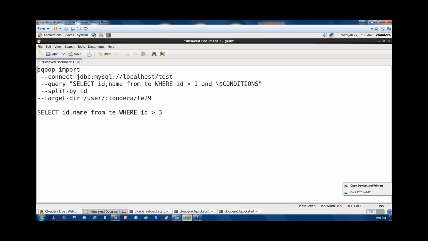So you have to write these four things in the Sqoop import command. Now it will import the rows. Based upon the condition you wrote here, it will try to import the rows to the HDFS directory.